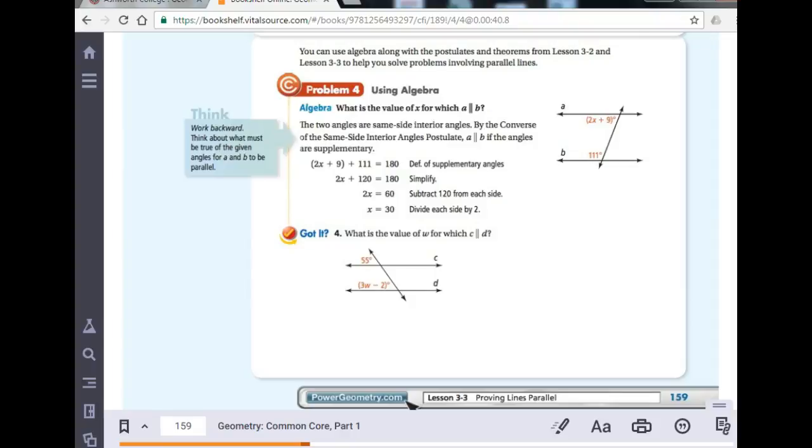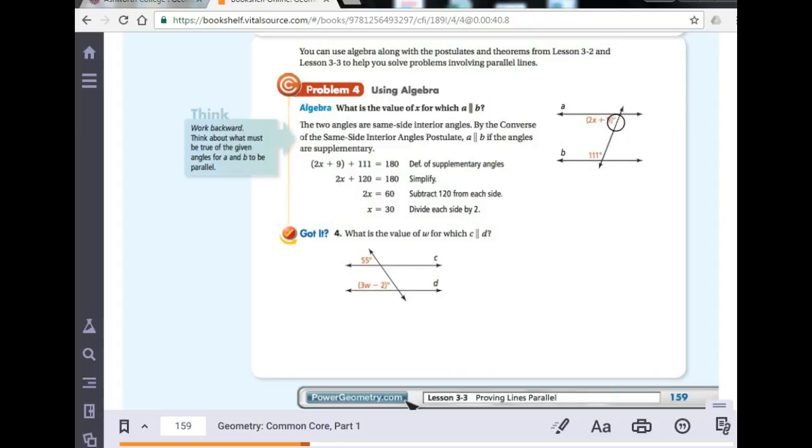Hello, we're looking at problem number 4 in your Geometry Part 1 textbook found on page 159. This is lesson 3.3 about proving lines parallel. And in this particular picture, it says what is the value of x in which A would be parallel to B. Now we don't know A is parallel to B, but what they're saying is if it were, then